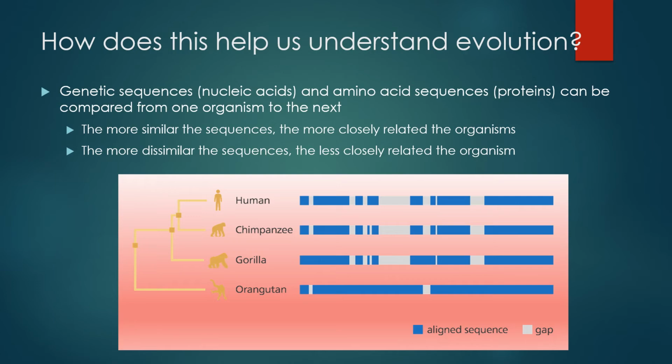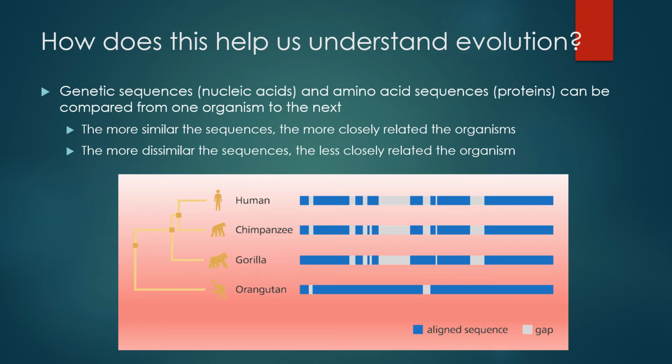So if you look down below at this chart, or this diagram, what we're looking at is a phylogenetic tree, which is something that we're going to talk about later. This is just a graphic way to compare living organisms and to explain when they diverged or split from each other. If you look at these sequences and you align them, you can see that the human and chimpanzee have similar